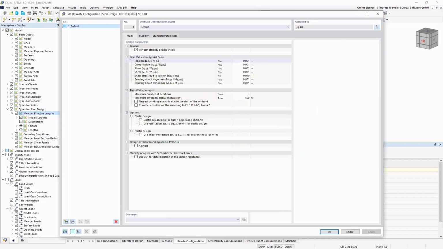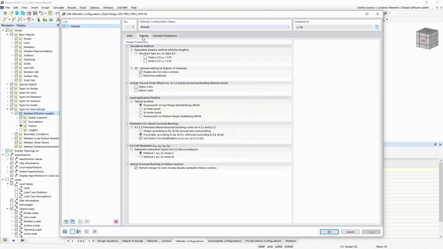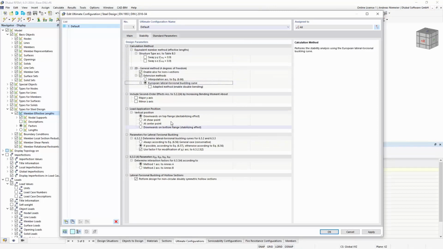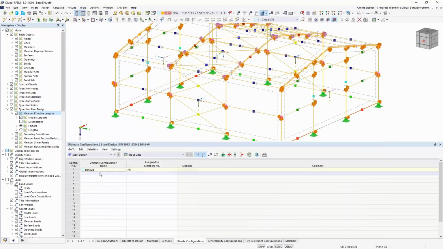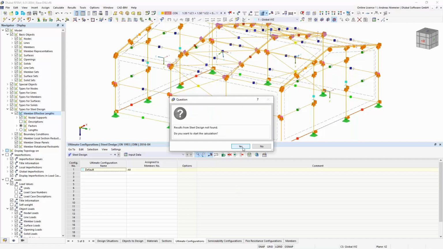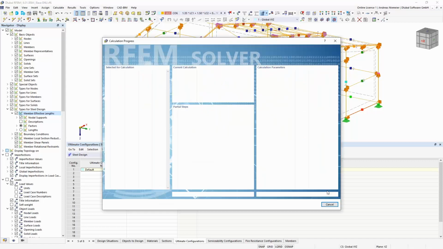The tolerances are written, if it should check the stability, if it should maybe use some special options, maybe double bending options for stability check. And you see these settings could be assigned to every member, could have different settings. The option is on you. And with giving all this information, we can start the calculation and go ahead here.